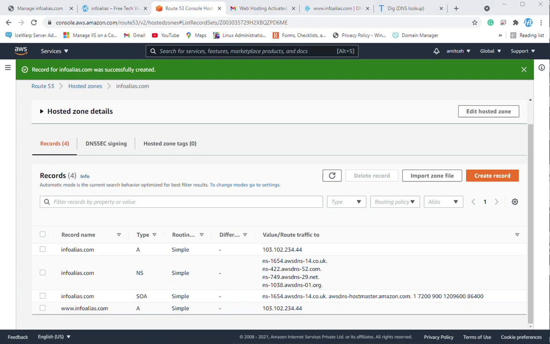After entering all these records, you need to verify whether your entry is working successfully, or else we need to wait, because we mentioned a TTL of 300 seconds for record updates. So similarly you need to put other records as well. You can create records.